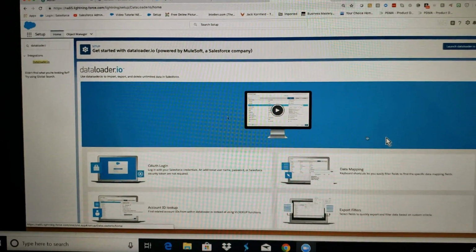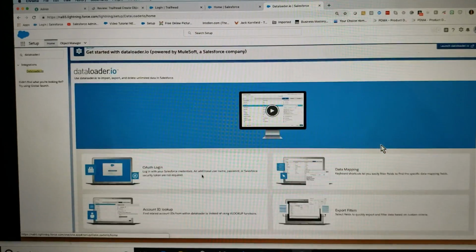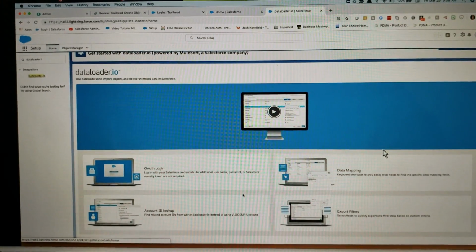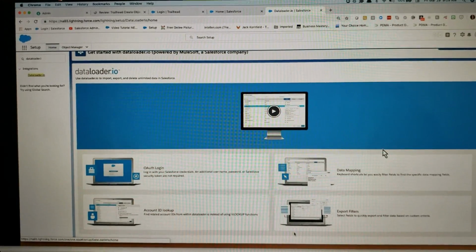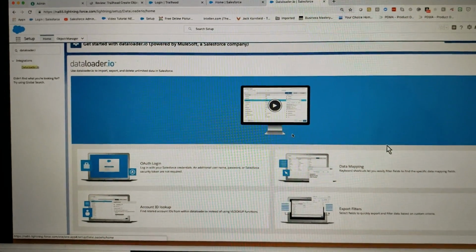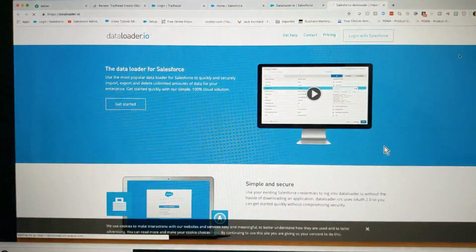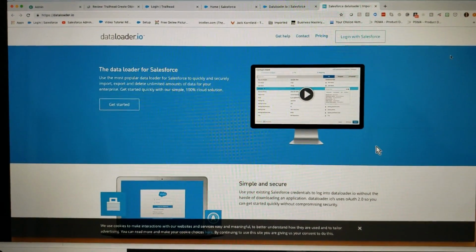And then this is just some information about how you use Data Loader and how you look up IDs and data mapping. Feel free to jump into these sections to learn more about how Data Loader works. But for now, we're just going to launch it. So click the launch button in the upper right-hand side, and it's going to take you to the Data Loader